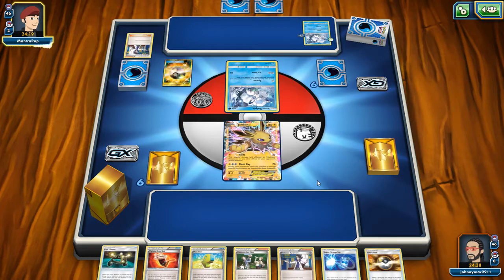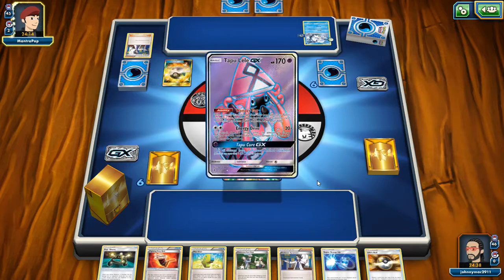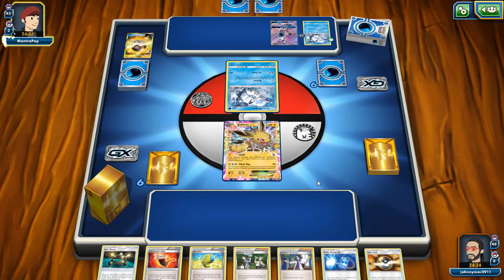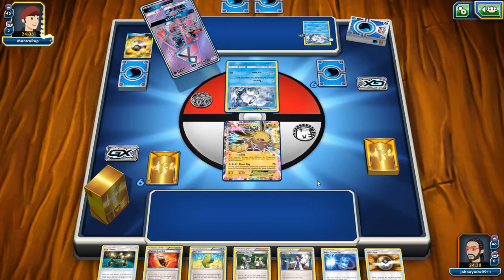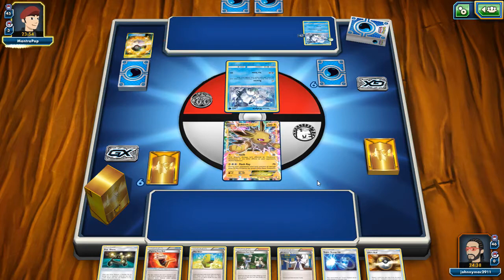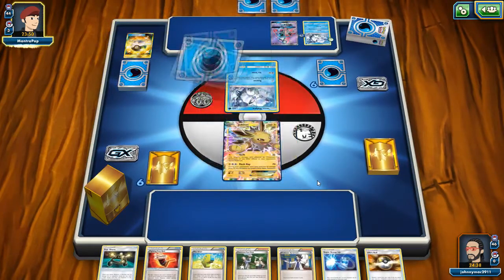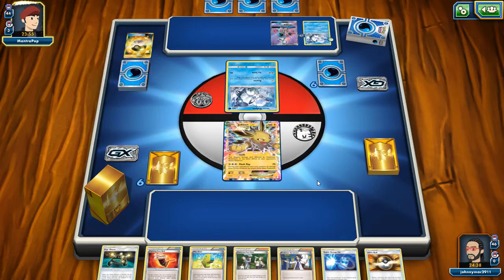So, what are we going for here? A Tapu Lele, which was obvious, and then probably N, because I've got an extra card in my hand. Or is he just going to Sycamore for that insane draw? How good does this end? Let's find out together. How do I deal with Alolan Ninetales? Probably I'll need to...